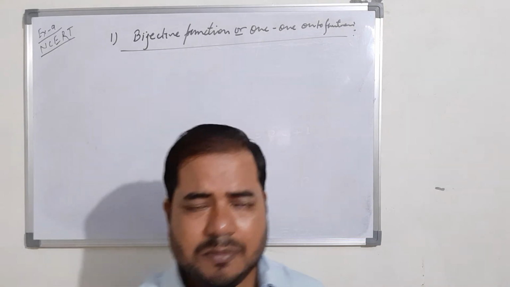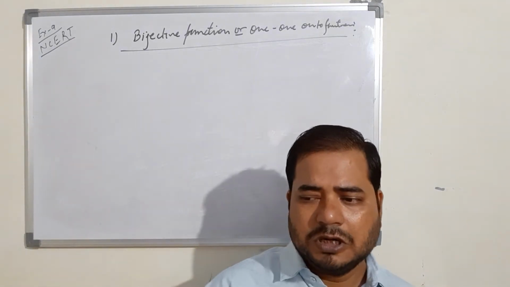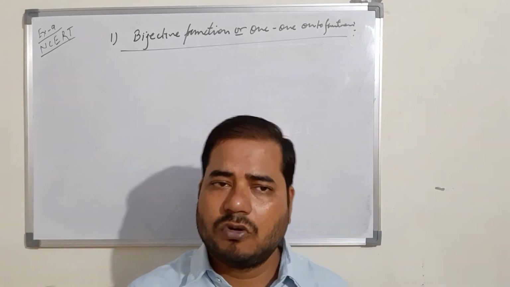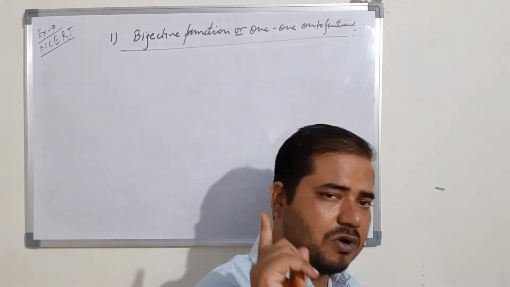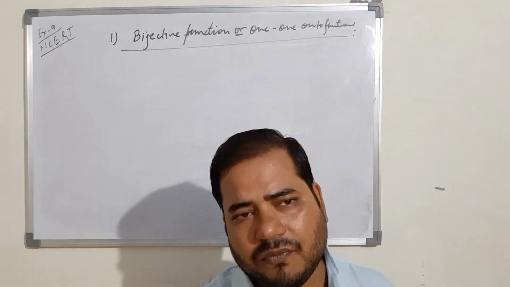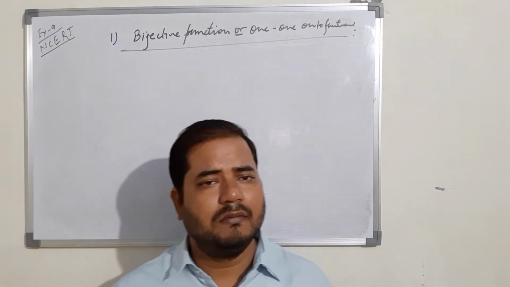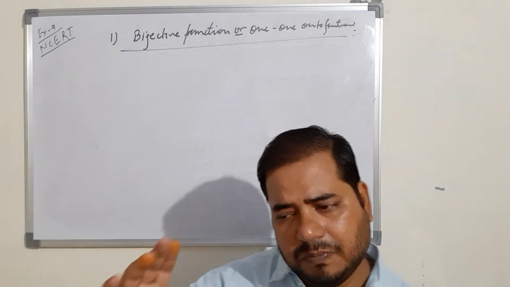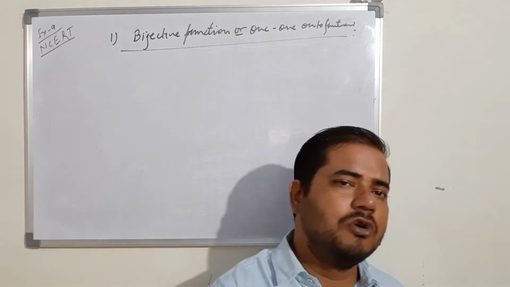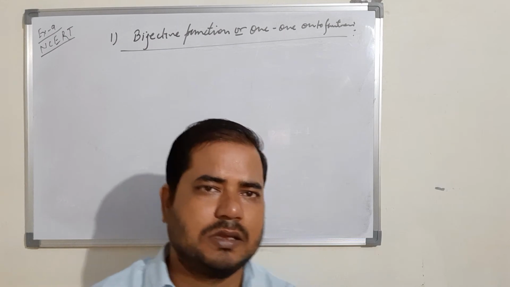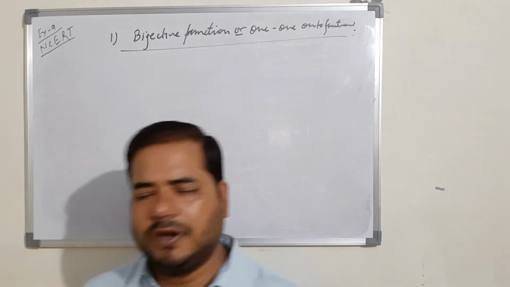So in other manner we can say a function is onto if, and what is codomain? Codomain is the set Y. A function is onto if the codomain is the range of the function. That means the whole codomain is the range. मतलब कि सारा का सारा रेंज जो है वो कोडोमेन हो जाए तो हम फंक्शन को ऑनटू बोल सकते हैं. Okay, now we shall consider some questions regarding this.